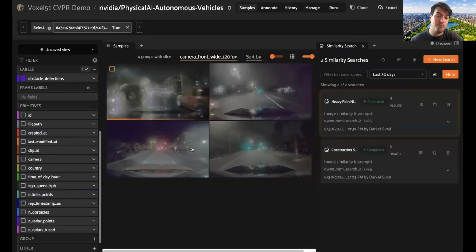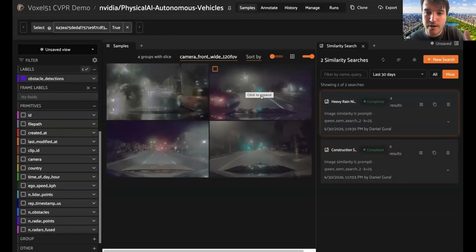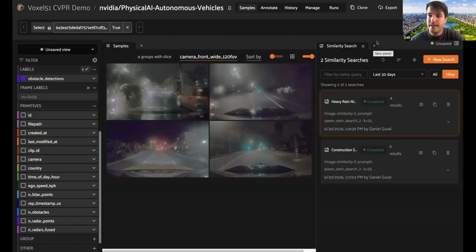And sure enough, we found 4 more examples that all have this kind of lens refraction look on them from some rain that has hit the lens during this drive. So just a very quick and easy way to understand exactly what is happening here. But what I want to show off before I pass over to Rohan for actually generating the simulation is